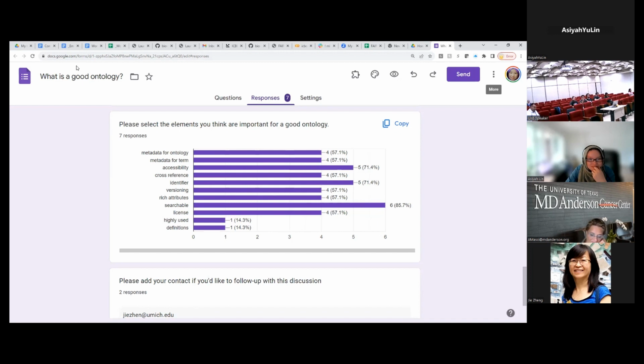Let me start with searchable. I think it's essential, but the question is, is this really the property of the ontology proper, or does this need to be supported by, let's say, an additional thesaurus resource? For instance, if you assume you